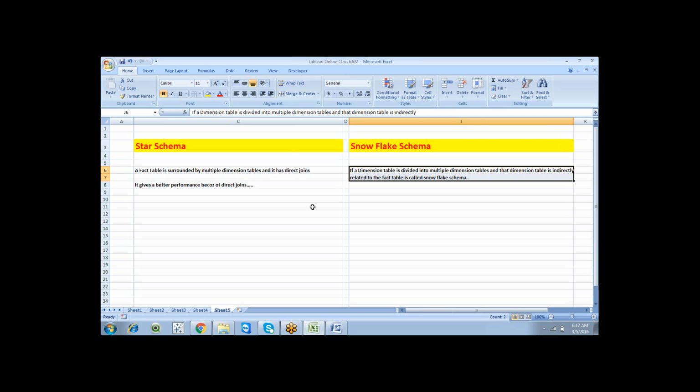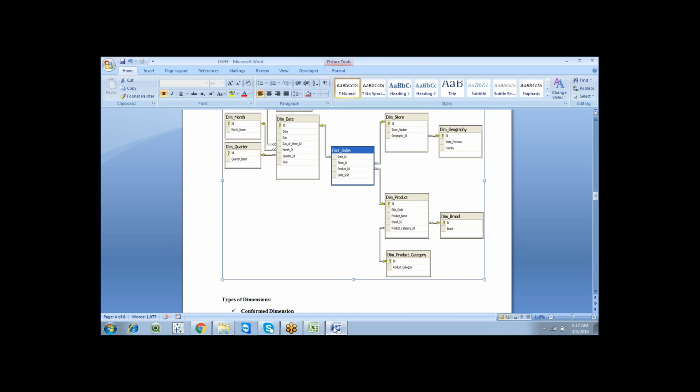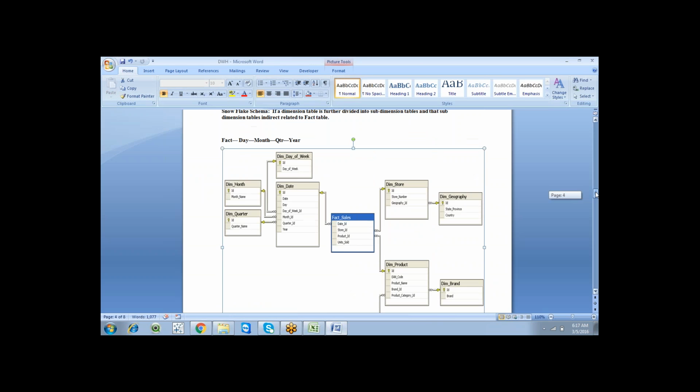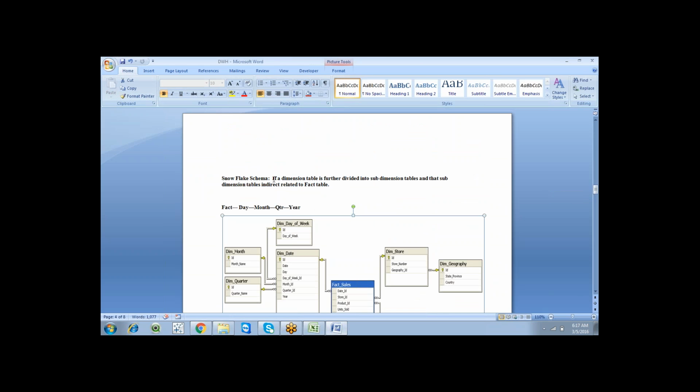So this definition is very important, why we go for a star schema and why we go for a snowflake schema. So now you can see, if a dimension table is divided into sub-dimension tables, and those sub-dimension tables are indirectly related to the fact table.